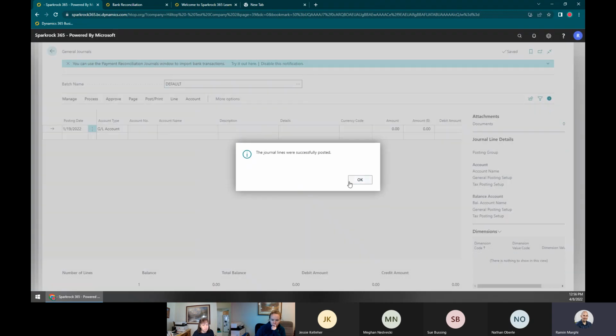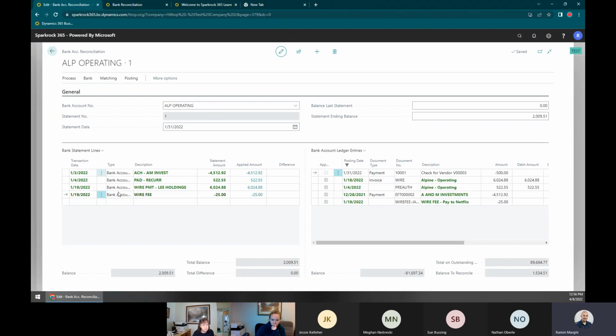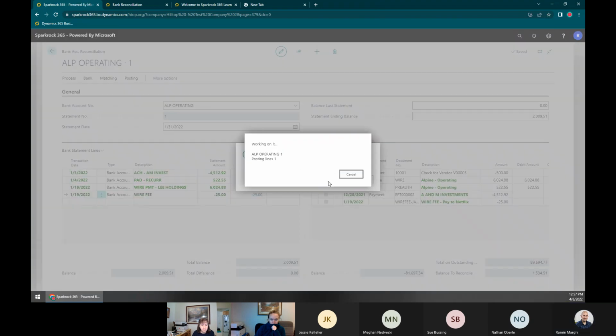And as soon as I post it, if I go back to my reconciliation, you can see it automatically posted and matched it. So that $25 is now in match. I have a $0 difference. I'm a happy camper. I can go ahead and post. So again, you can use the post and print thing. If I do post and print,